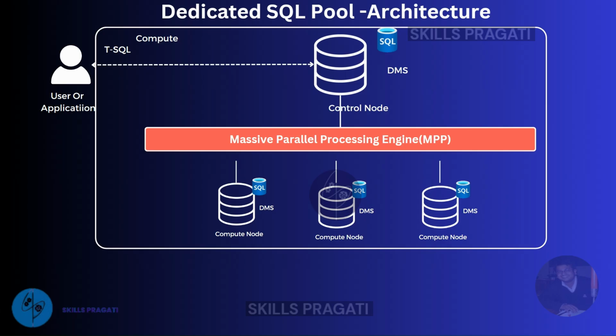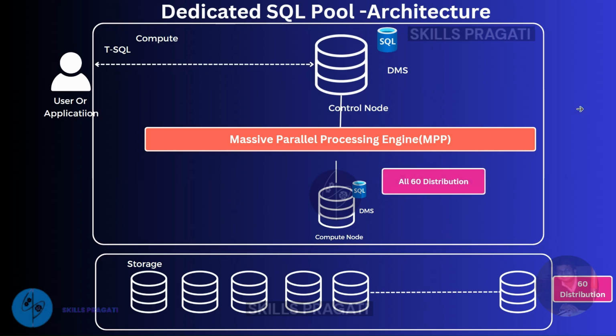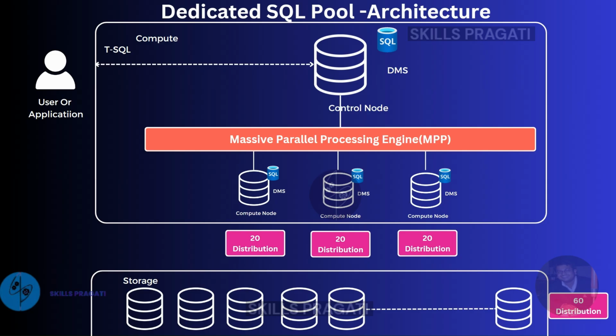The key difference between serverless SQL Pool and the Dedicated SQL Pool is that the Dedicated SQL Pool comes with an internal storage. The storage is split into 60 distributions to enable parallel processing. Each compute node is assigned an equal number of distributions. So, for example, if the Dedicated SQL Pool has only one compute node, that would be assigned all the 60 distributions. On the other hand, if the Dedicated SQL Pool has 3 compute nodes, each of the compute nodes will be assigned 20 distributions. So when a query is executed by a compute node, it only processes the data from